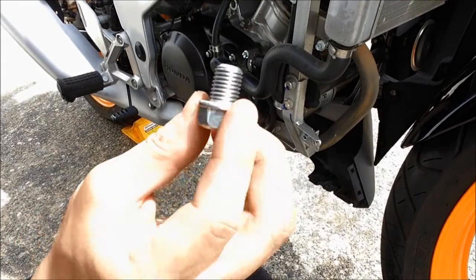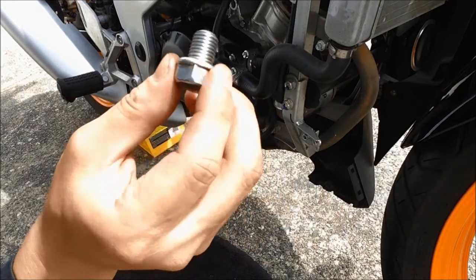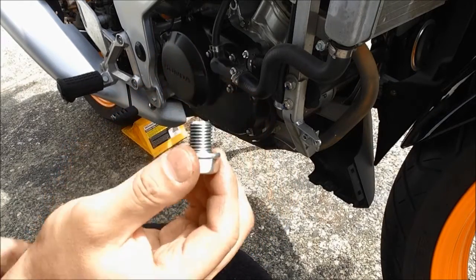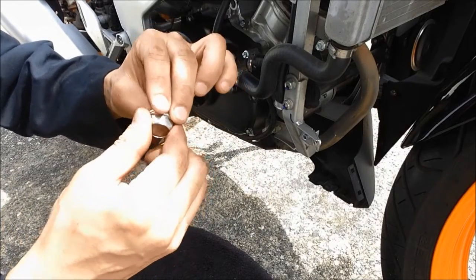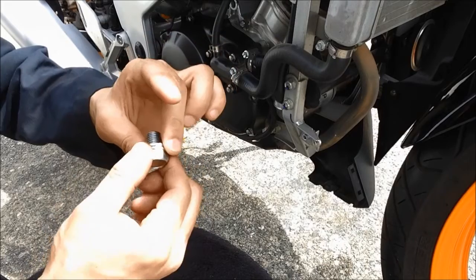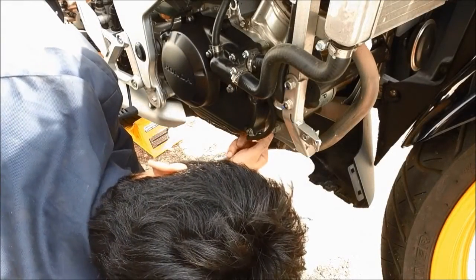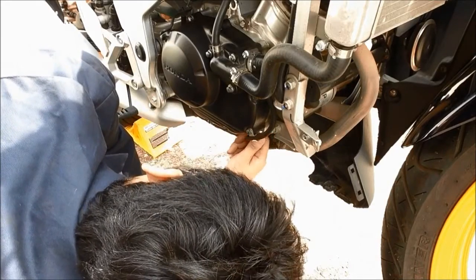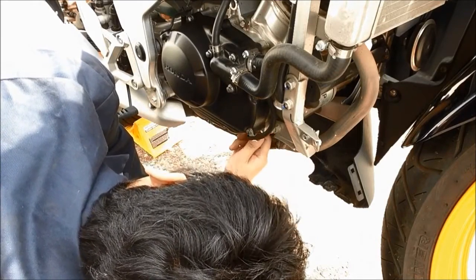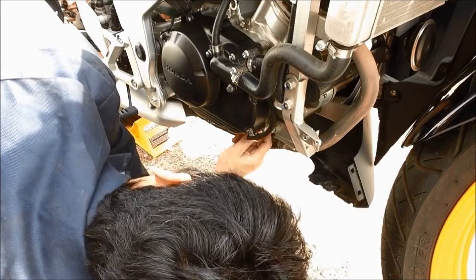The drain plug is clean, all the thread is nice and smooth, and there is no particle on the thread. We put on the new compression washer gasket and go to the engine case. Please tighten it by hand first, so it won't have a cross-thread problem. If you're doing it by hand, the thread should be nice and smooth all the way